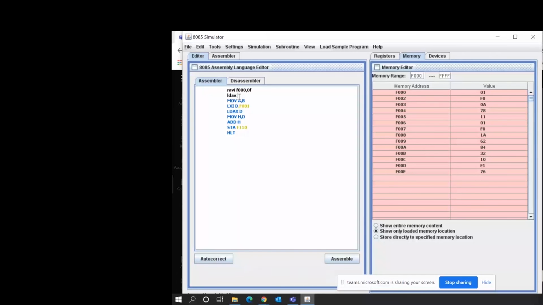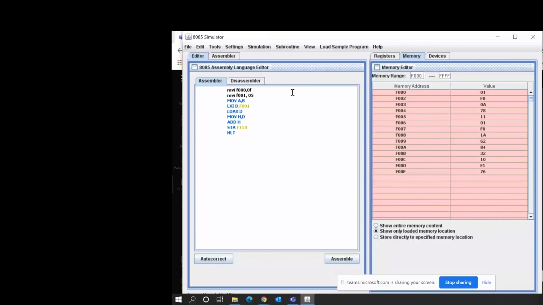MVI. We'll have to move the next input data also. No, MVI F001. LXI B. Now that itself is a mistake there.